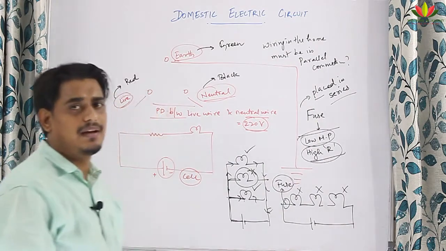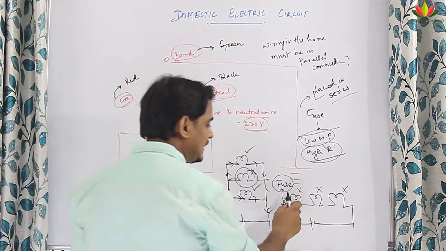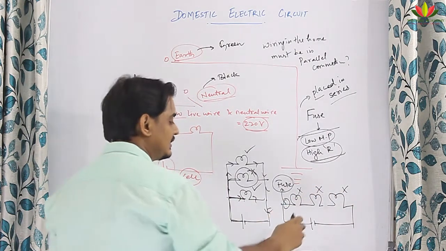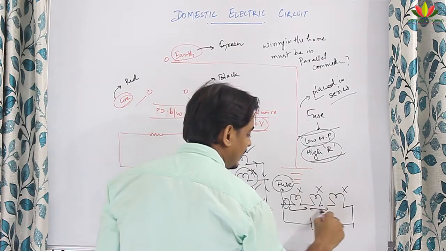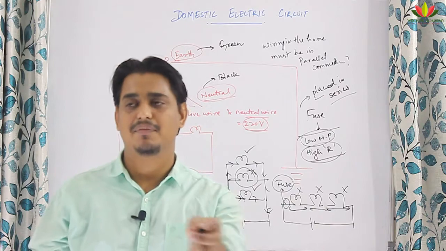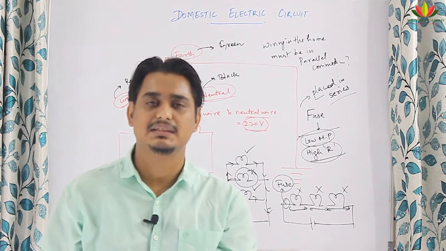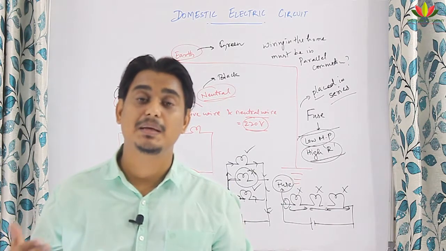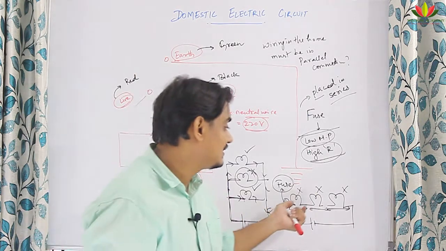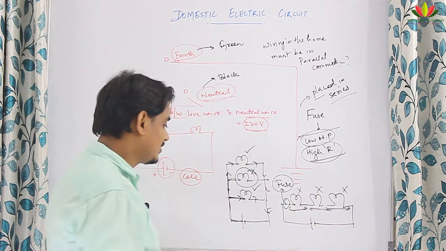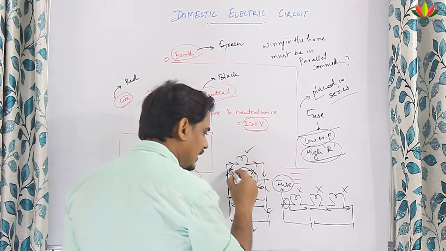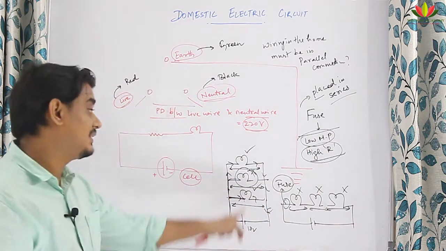The reason for giving parallel connection is that, see, in the series connection, if we have 3 appliances and all these 3 appliances have 3 different resistances, then the potential difference gets divided based upon this. So, suppose 220 volt is starting from the source, and if I have 4 appliances with different resistances, the last appliance may not be able to receive the potential difference, because the potential difference will be consumed by the resistances. But in the case of parallel connection, if I have 10 volt here, here also 10 volt, here also 10 volt, here also 10 volt, irrespective of what resistance they have.